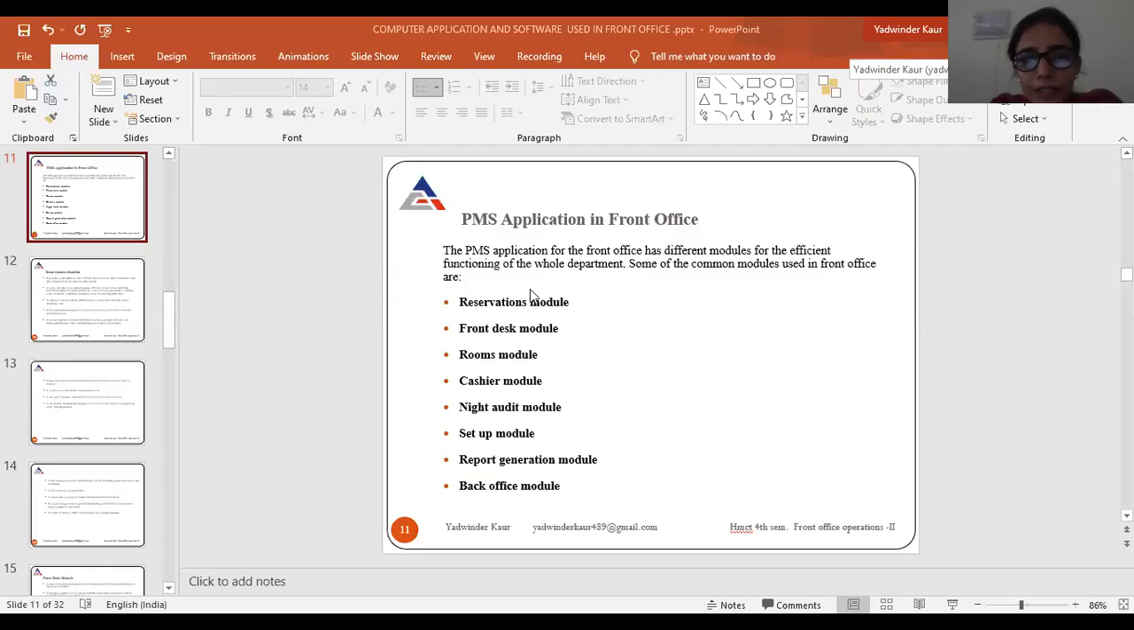So today our topic is PMS application in front office. There are different modules we use in the front office, right? The PMS application for the front office has different modules for the efficient functioning of the whole department. Some of the common modules used in the front office are: